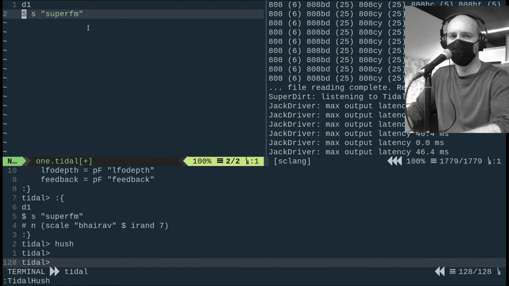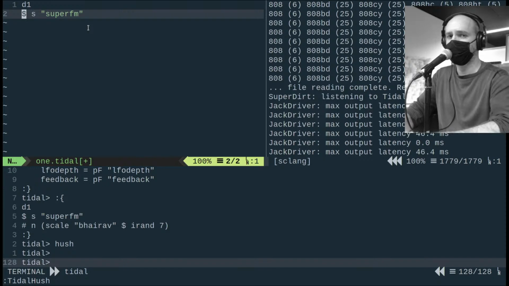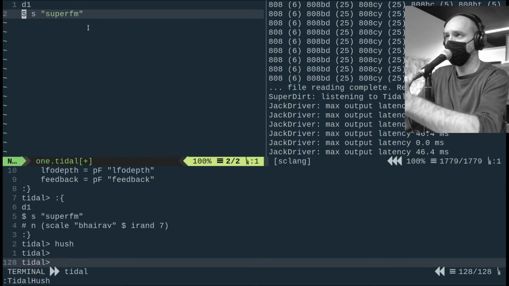FM stands for frequency modulation, and its building block is the operator. I don't really know how to pronounce that in English correctly, because my English is not from Oxford. The building block is the operator, which is just an oscillator with an envelope. Superfm is based on the Yamaha DX7 FM synthesizer from the 80s, and it had 6 operators. So Superfm has 6 operators,